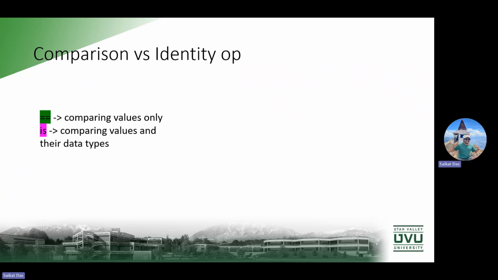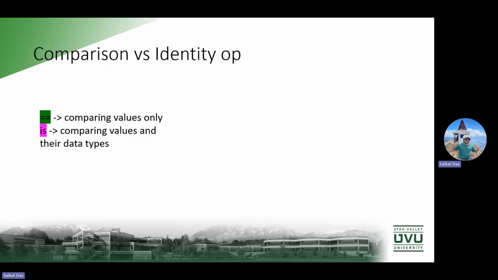Okay. And there is another type of operator, like the identity operator. Identity operator is like is. So basically equal and is operator are somehow similar. Whenever you are checking the value, like if a variable is assigned with 10, you're checking the val is equal 10, it returns true. The val is 10, it is true. But the difference